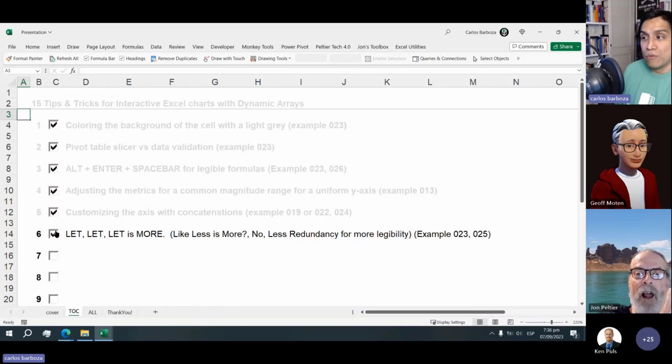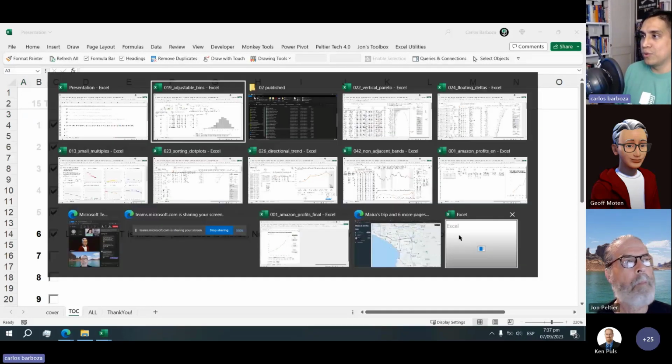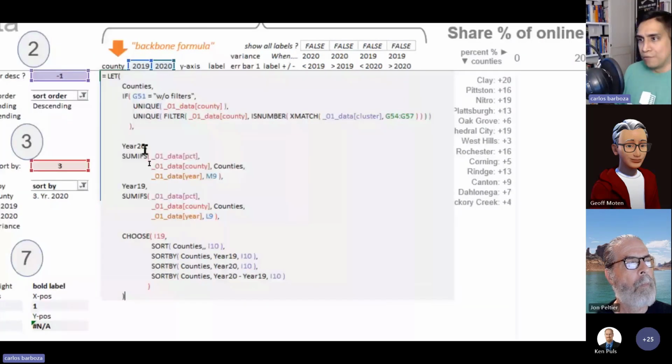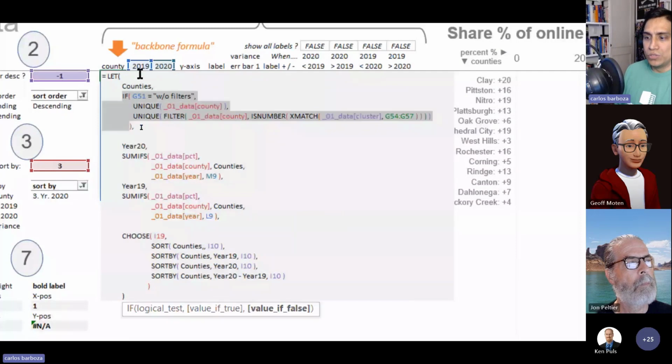But no, I mean, with LET, what we're aiming for is to reduce redundancy, to reduce a formula or a part of a formula that is going to be repeated again and again and again. And if that part is too long, then you can just make it into a variable and then use the variable in your formula with the LET function. So example 23 and 25, I think I have 23 open. And here, again, you've seen this formula already. Here I'm first coming with a logic with an IF statement for counties. And then I'm using counties